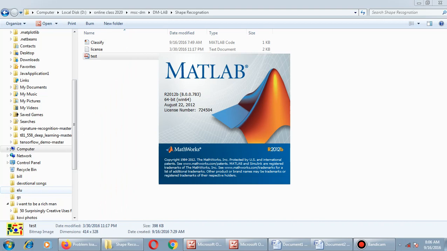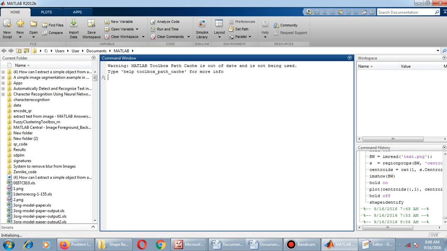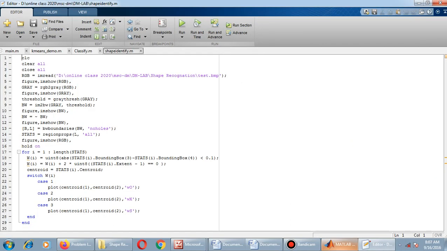First, the algorithm of this program. First we will be reading the input image, then we will be converting it into grayscale, and then the grayscale image is converted using a threshold to a binary image. Next, from the binary image we are going to read the boundary region properties and the bounding box. The bounding box function is also used, and regionprops of MATLAB is also used. The program is being executed using the MATLAB 2012 version. So we'll see the program.